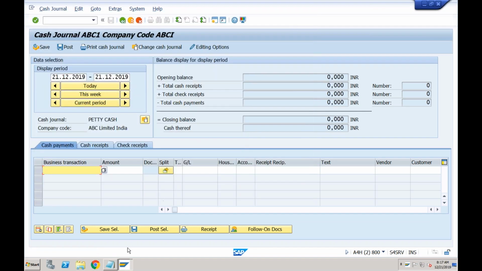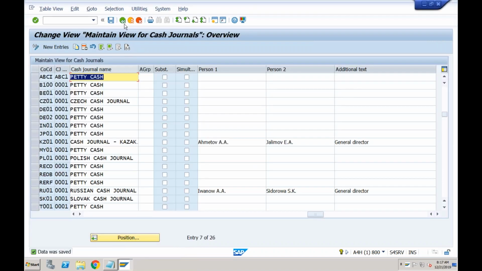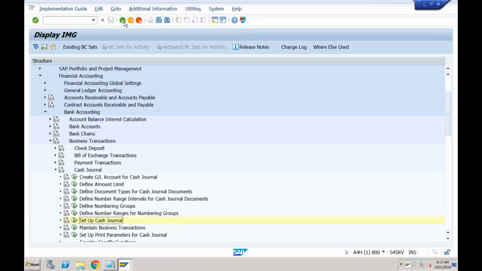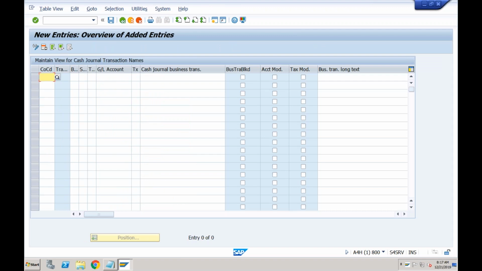So the next thing is, as I told you, you need to identify what the different kinds of transactions are that you are going to do from the petty cash. And that you can maintain here in maintain business transactions. So open this. Okay, and here you can click on the new entry. You can tell the system for company code ABCI.